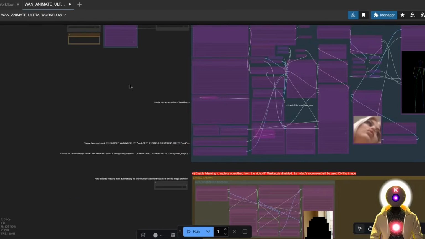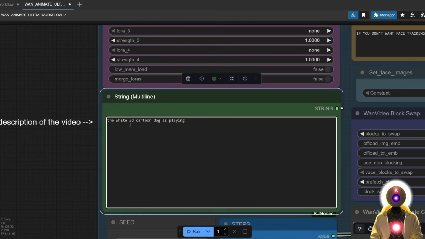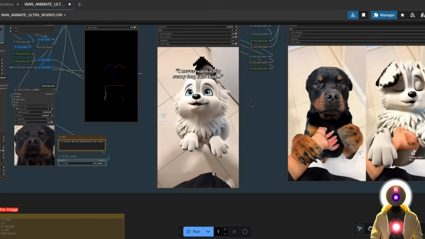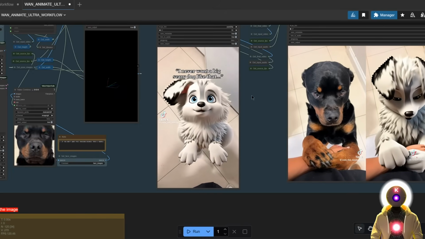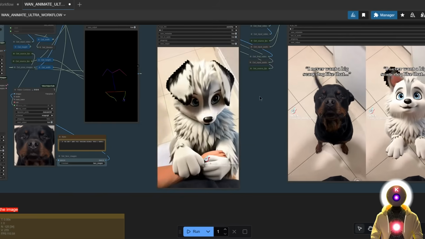So now if I once again enable everything else and then I write in the prompt, the white 3D cartoon dog is playing, and now if I click run, and in the end it gives us something like this. As you can see, now the dog has been replaced by a cartoon version of the dog, and I mean,